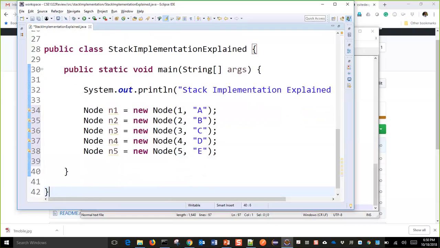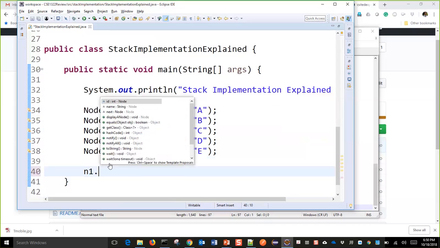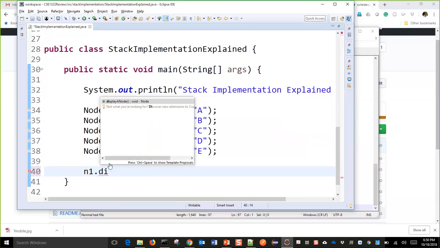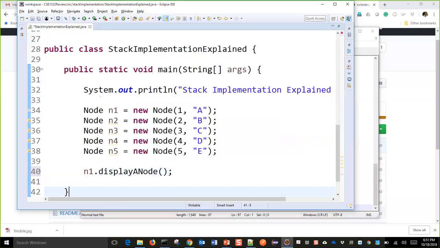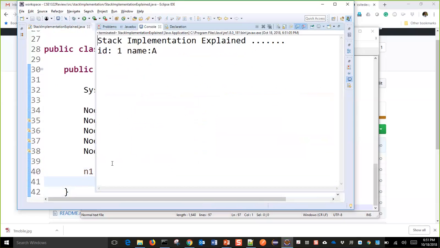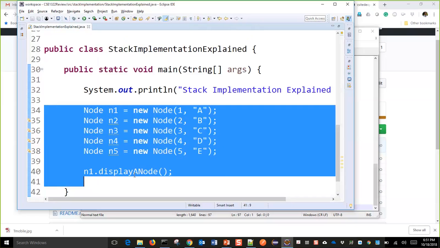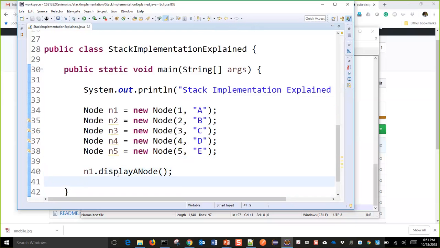So these nodes are distinct. As we explained, if I display a node, it will display its value, but these nodes are distinct from each other. That means node 1 does not know who is next to it. If I say n1.display, then fine, it will display its value: ID equal to 1, name equal to A. But if I ask who is next to n1, if I say n1.next,